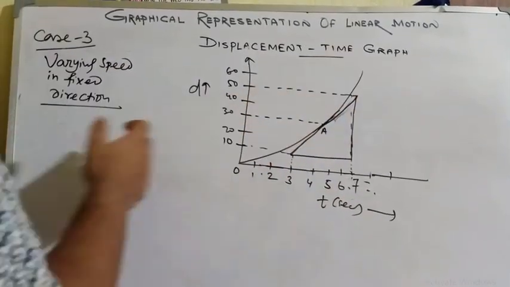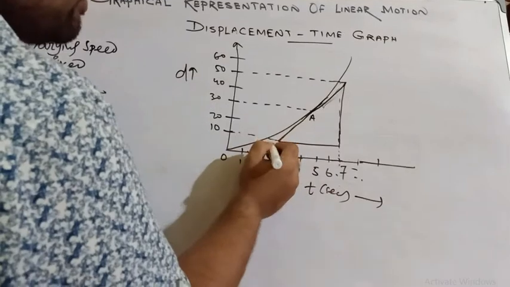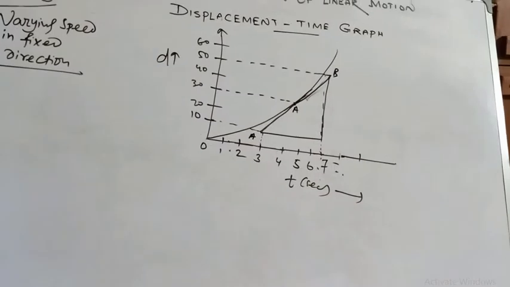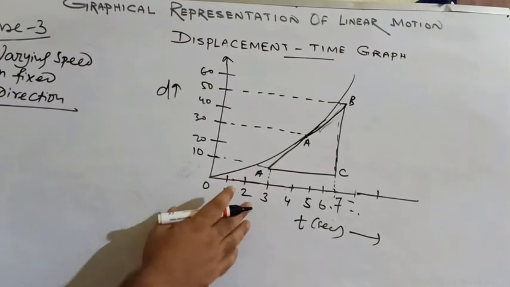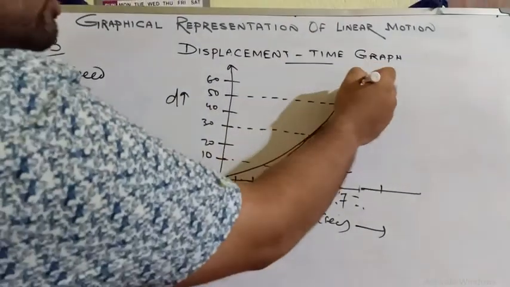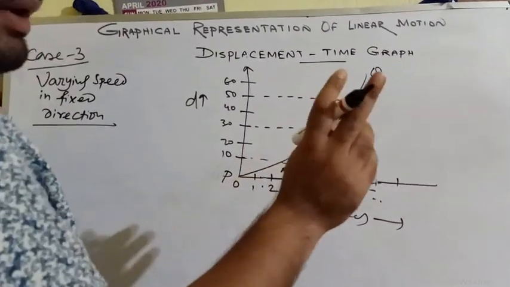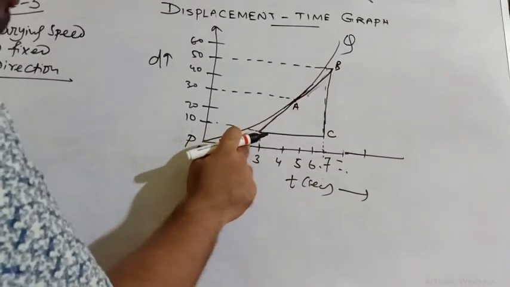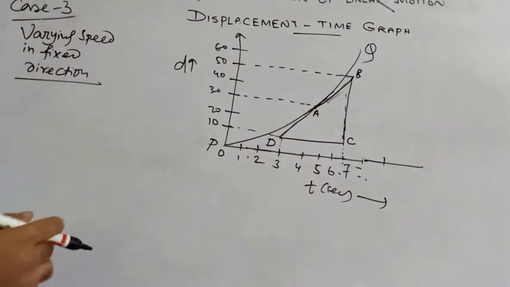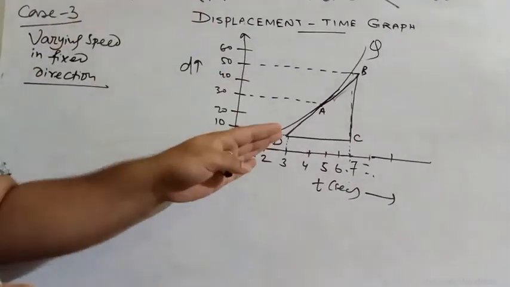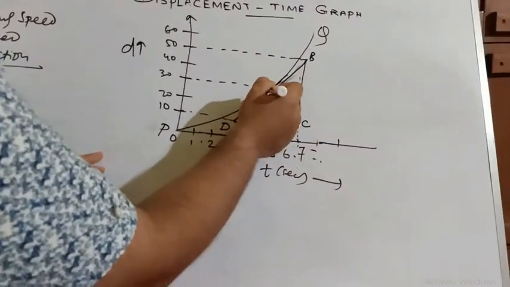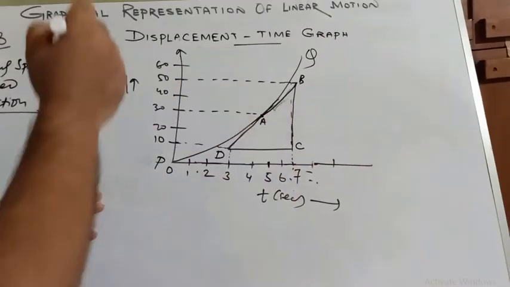The tangent is drawn on the curve at that instant of time. Okay, one tangent is drawn. See, it is a tangent, this one. If I give names, this is A, this is B. So AB is the tangent drawn at the point A. So the displacement time graph, let the curve I am giving the name PQ. And one thing, I have given already A, so let me give D. So it will be A, B, C, and this is D. So the velocity of the body at time 5 seconds, see, I have to calculate here when the time is 5 seconds. Okay, I have to calculate the velocity.